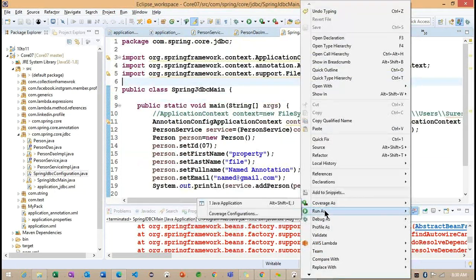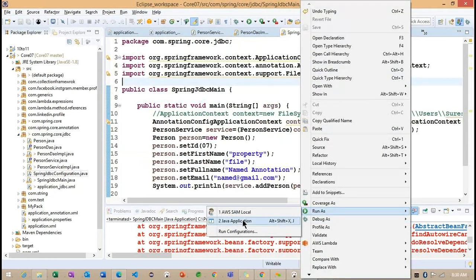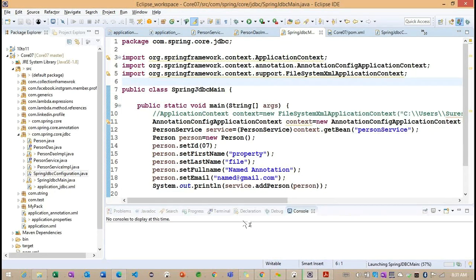Internally, maybe it's going to check with JDBC, I think. Let me run.